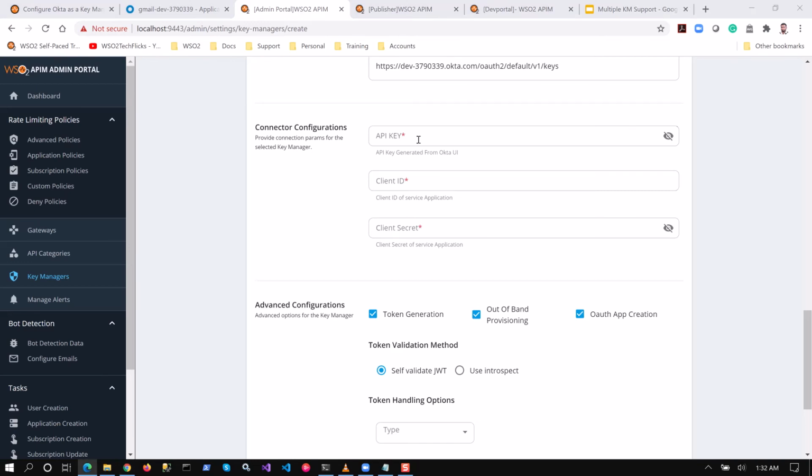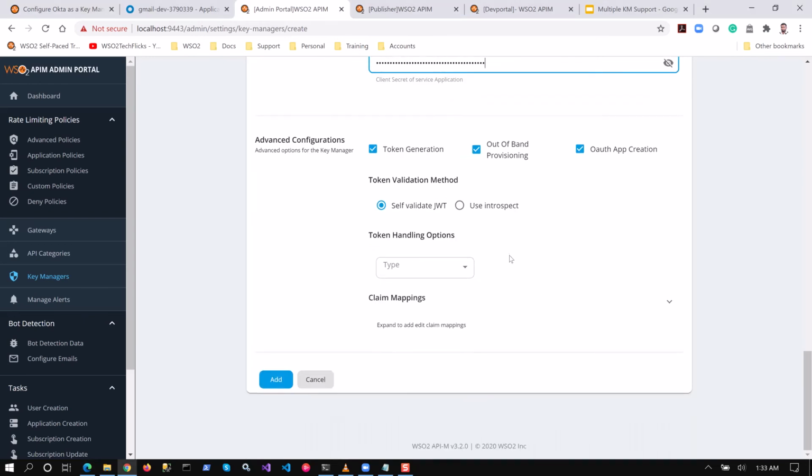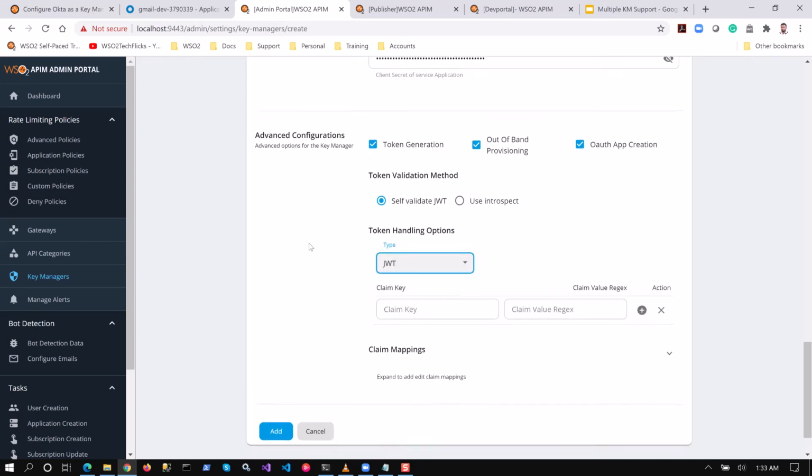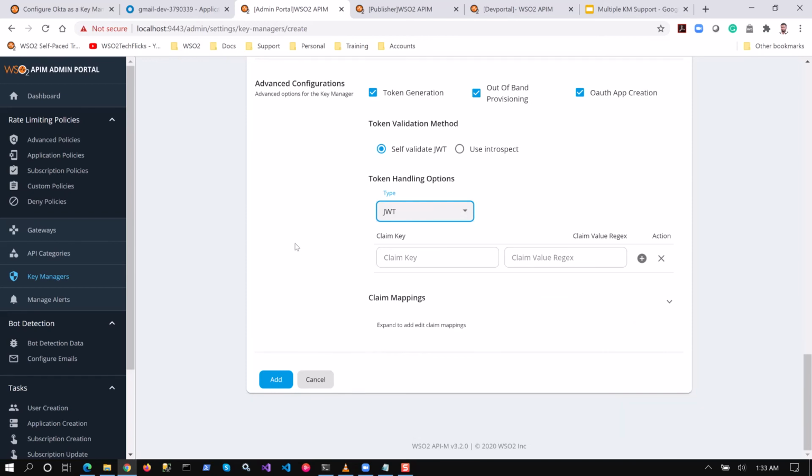So let me specify the API key and the client ID, and also specify the client secret. And then you can specify the advanced configuration options, also specify the token validation method, and also you can specify the token option. Let me pick JWT here, and if you want, you can provide custom claim mappings, and finally when you are done with the configuration, you can say add,